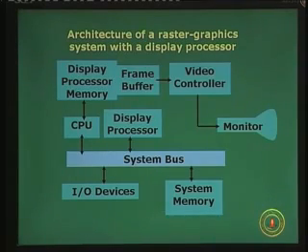We have a system memory down below, as you can see from the system bus, but we have a display processor memory and a separate display processor with its memory which the CPU can directly access, and the frame buffer is a part of the display processor memory, and the display processor basically does all the computer graphics, picture drawing, manipulation commands, and it frees the CPU from getting overloaded of the burden of doing these jobs connected to scan conversion, refresh rate and all that, because if the CPU gets involved in doing all these graphical image drawing manipulation commands which requires, we will see, a very fast bandwidth, very fast operation,